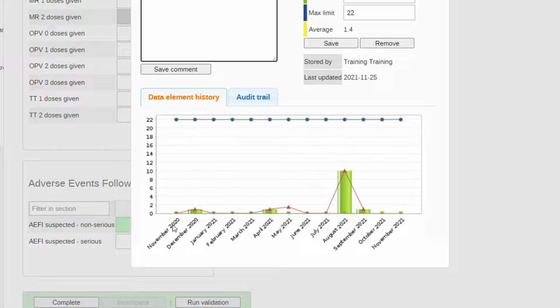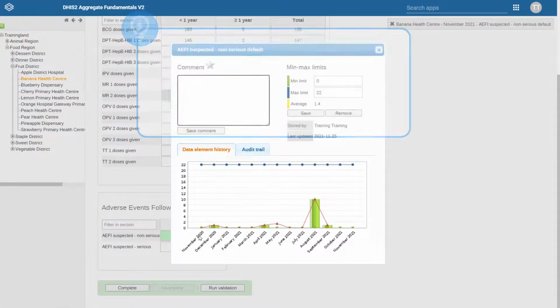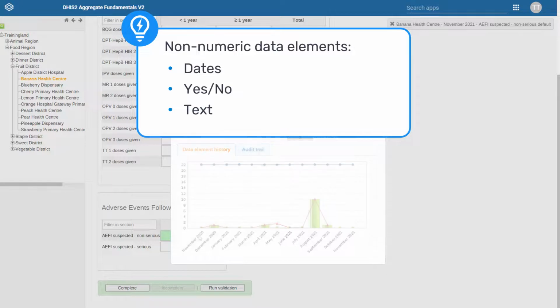If the value you have entered appears to be an outlier, in other words, if it looks significantly higher or lower than previous values, you should double-check to make sure that it is correct. Note that for data elements that are not numeric, such as dates, yes, no, and text, the data element history chart does not appear.